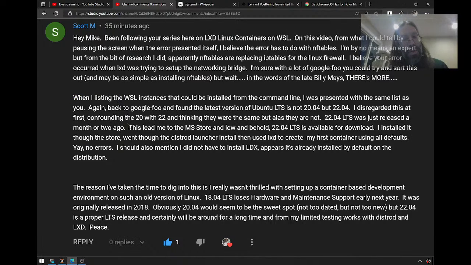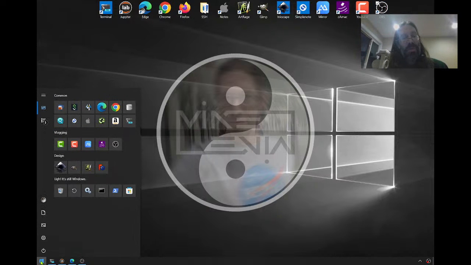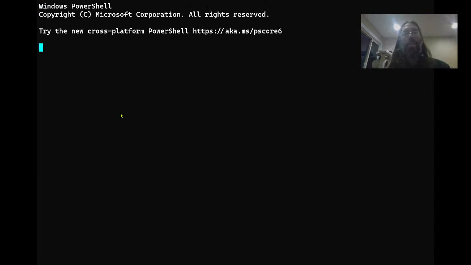And long story short, Scott M discovered that the very latest Ubuntu is now available for download, but not in the way that is normally prescribed. So what we do is we open a PowerShell. Once again, I am opening my version of PowerShell where I get rid of the blue and I get it full screen. This is just a nicer PowerShell than the blue default one, but get past that. This is PowerShell.